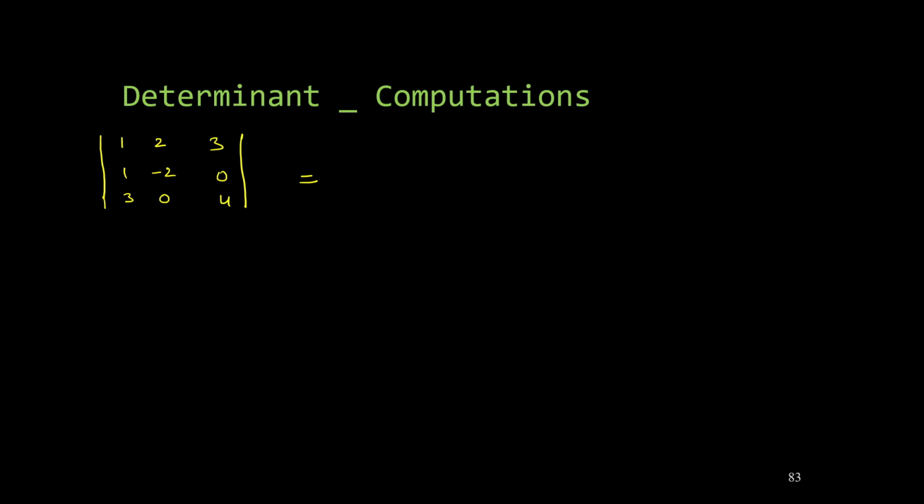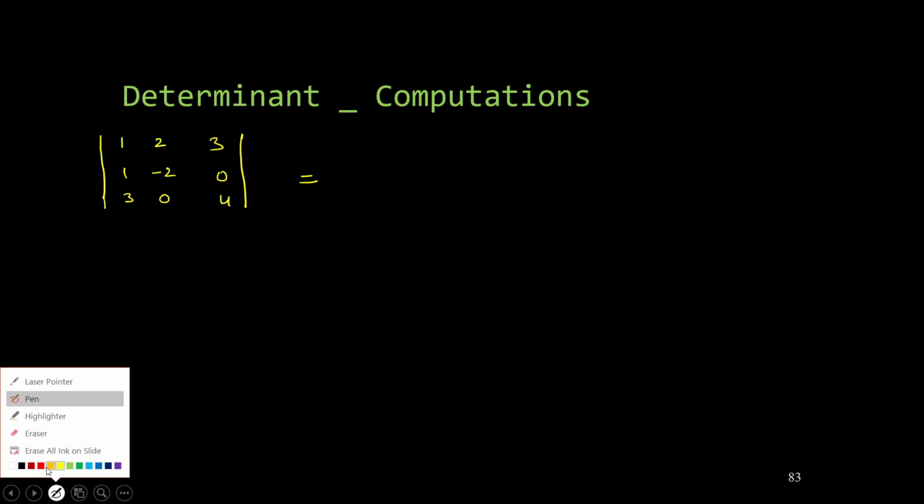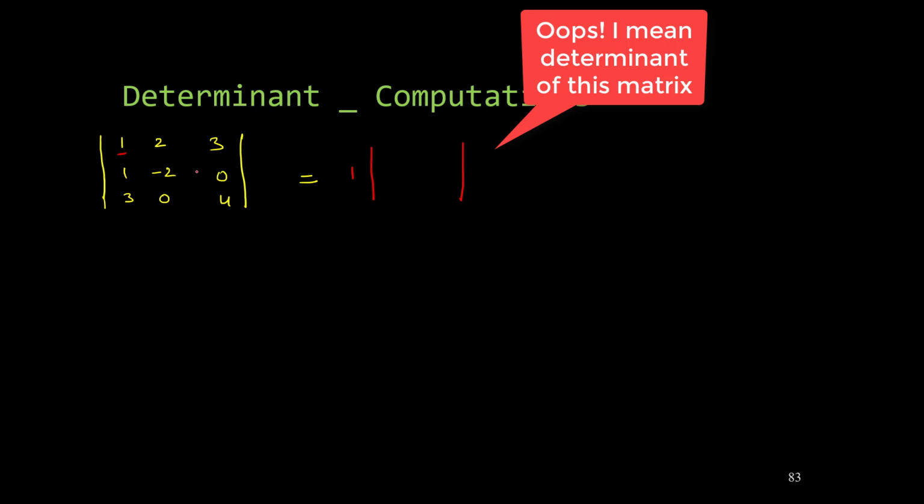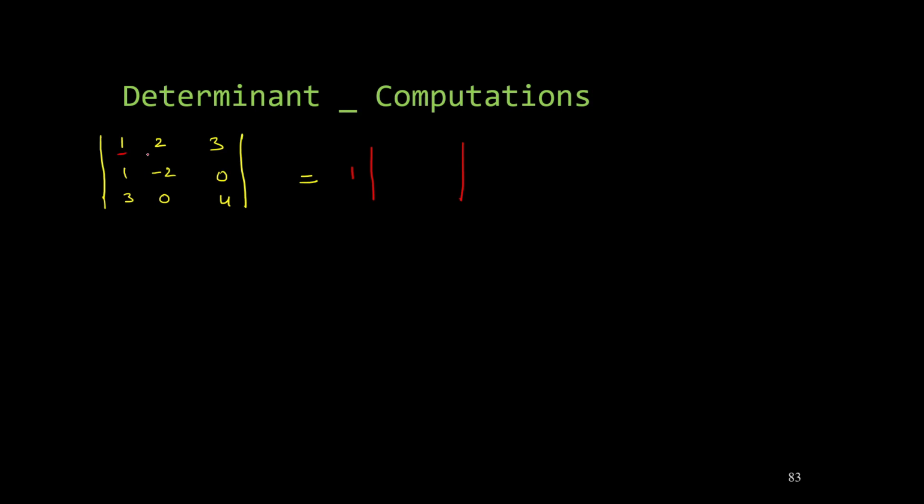For this, we need to use determinant of submatrices or 2 by 2 matrices which are there inside that matrix. So let me show you the pattern first. We start again with the first element. So this first element we write here, 1. Now we multiply this element with this submatrix. You see this matrix, which is obtained by removing the first row and the first column. So if we remove the first row and first column, we are left with this submatrix. So we put the entries here, minus 2, 0, this is 0, this is 4, right?